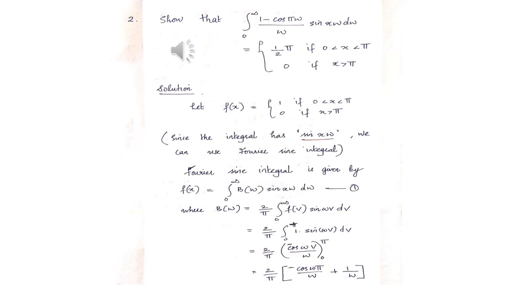And the f of x we take here is 1, because it is pi by 2 for 0 less than x less than pi. As I said earlier, it is better to leave the constant part there and take the varying function. As here there is no varying function, let us take 1. So f of x is equal to 1 if 0 less than x less than pi and 0 if x greater than pi. By taking the Fourier sine integral, by giving the value of f of v as 1 in b of omega, we can do the problem.